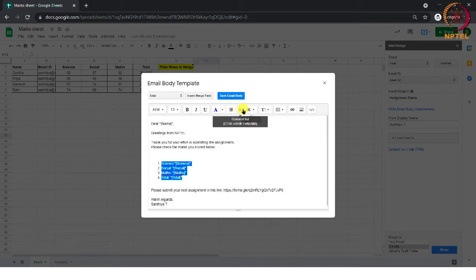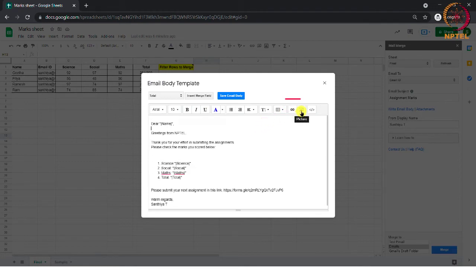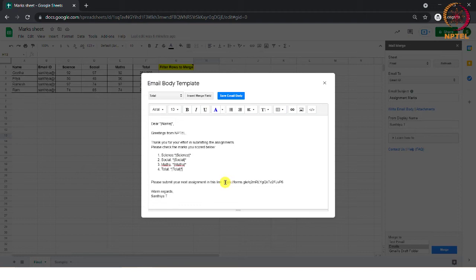You can align the text using the alignment available here and so on. You would get all the format options that are available in Gmail here also. As you can see here, you can add images to your email and even tables. You can also send various links through your emails.